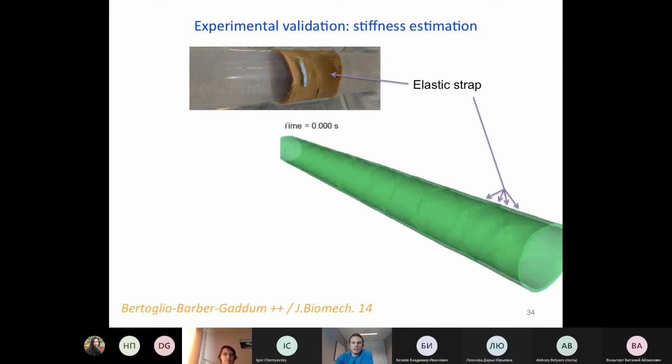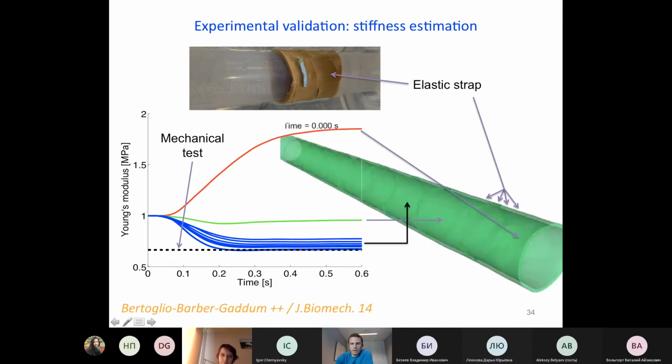So just to show something more interesting, this is an experimental validation of this. You see that this is a plastic tube, which was measured under an MRI scanner, and we put an elastic strap in one part of the tube to emulate some kind of stiffening, and you see that over time, the Young's modulus of the parts which do not have the